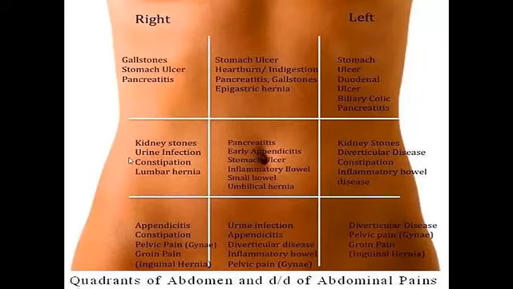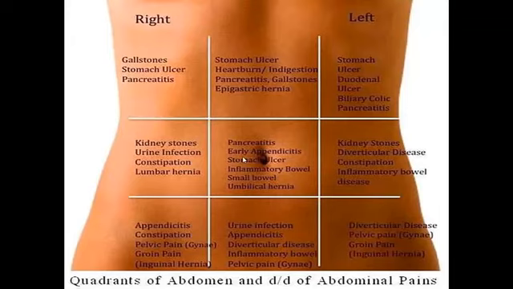We also have the ascending colon and the small intestine in this area, which is the right lumbar region. Therefore, constipation is sometimes a complaint of pain in this area. We might have lumbar hernia because this is the lumbar region, and we might have urine infection. In the umbilical region, we're going to have pancreatitis, stomach ulcers, inflammatory bowel and small bowel disease, and umbilical hernia because this is the area where the